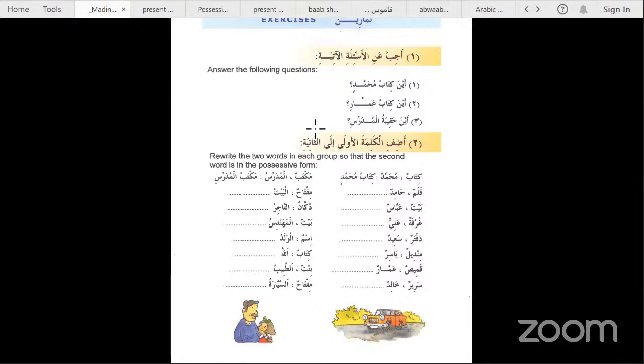Some car like sayaratun can belong to a male and can belong to a female. It doesn't mean the gender changes. The only thing we need to remember is that the word which refers to these nouns has to align with the gender itself. So those nouns which are masculine remain masculine, and those nouns which are feminine remain feminine. It doesn't change when you want to refer to them.